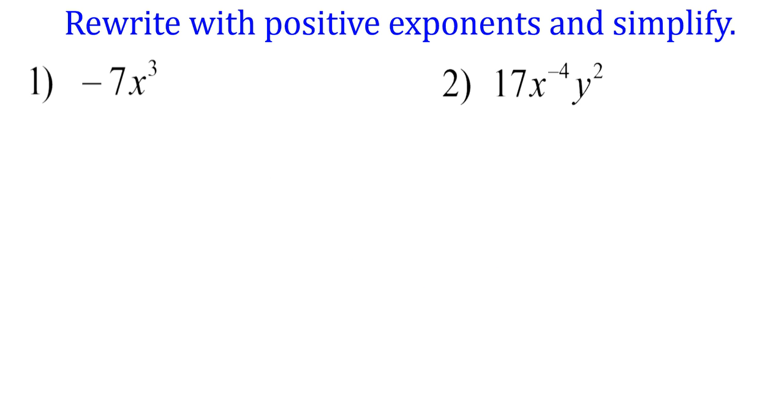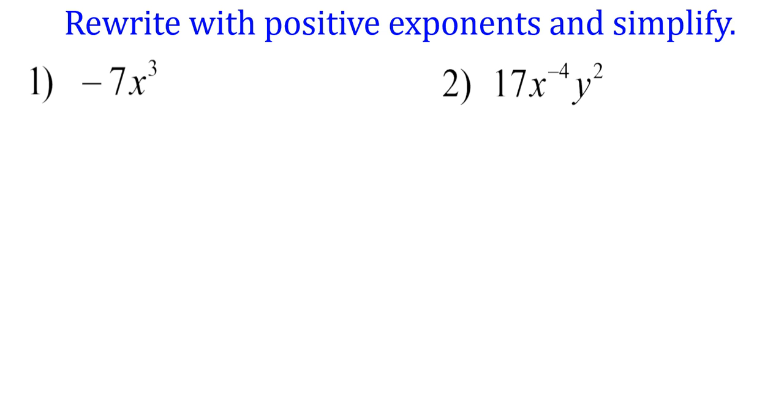So what we want to do is try working on simplifying these exponential expressions. And so for number 1, we have negative 7x to the third. And we want to think about, well, is everything as simplified as can be? And we do see a negative here. And you have to be careful. The negative is with the coefficient of 7,